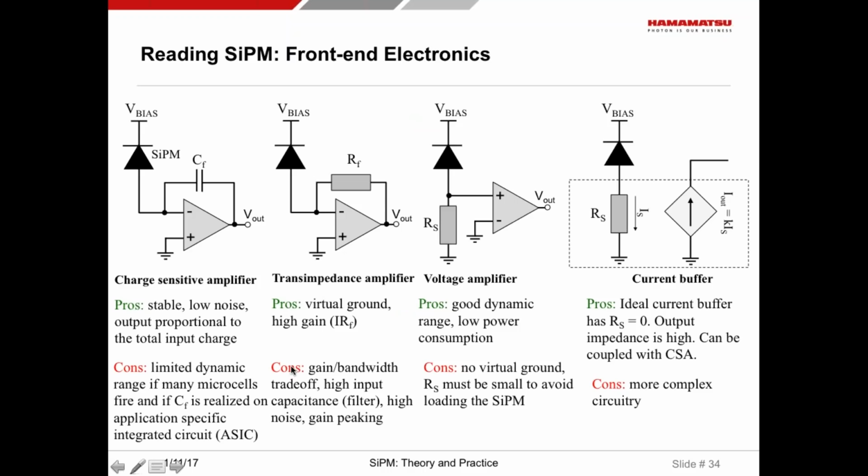Whatever mode one uses in conjunction with a SiPM, one must absolutely have front-end electronics. Again, without it, any photodetector is useless. The type of front-end electronics that one can use with a SiPM will depend on the specific application. Each one has pros and cons. I'm just going to list them as a reminder, and thus one can use, for example, a charge-sensitive amplifier